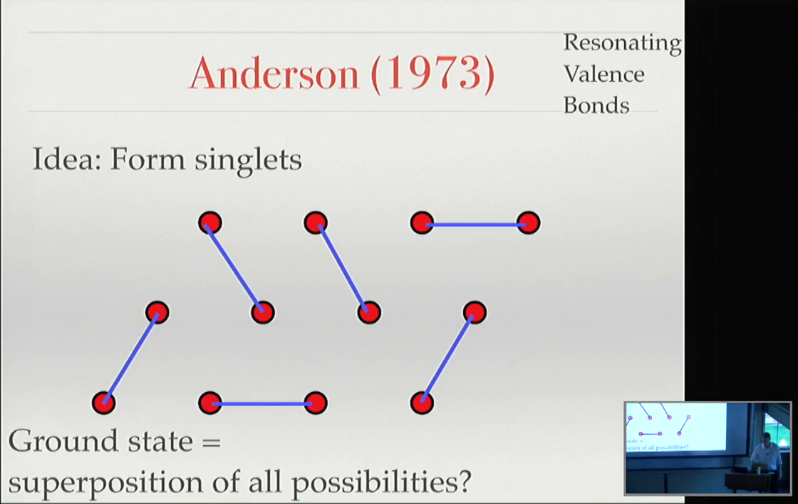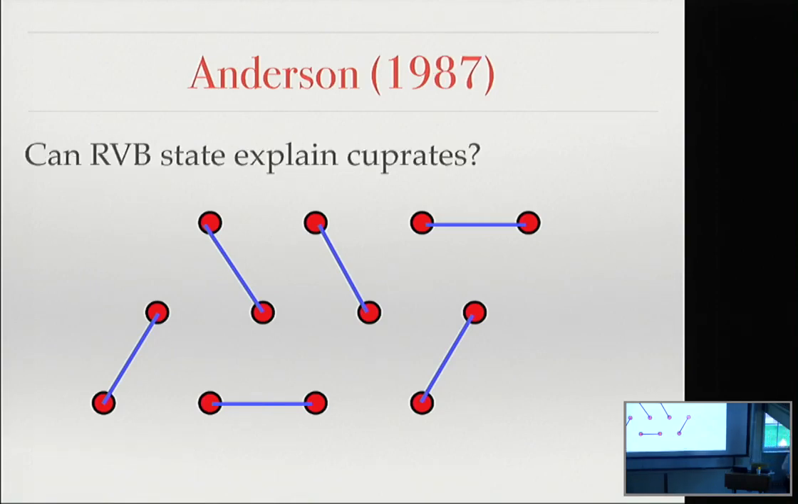Great. 15 years later, high Tc is discovered. You have a hammer. Perhaps high Tc has something to do with this RVB state, and a lot of people have run with that idea. A year after Anderson came up with his idea of applying RVB to superconductivity,